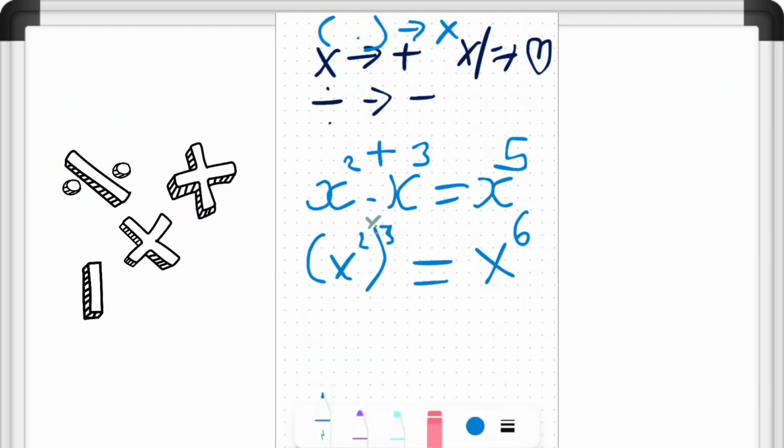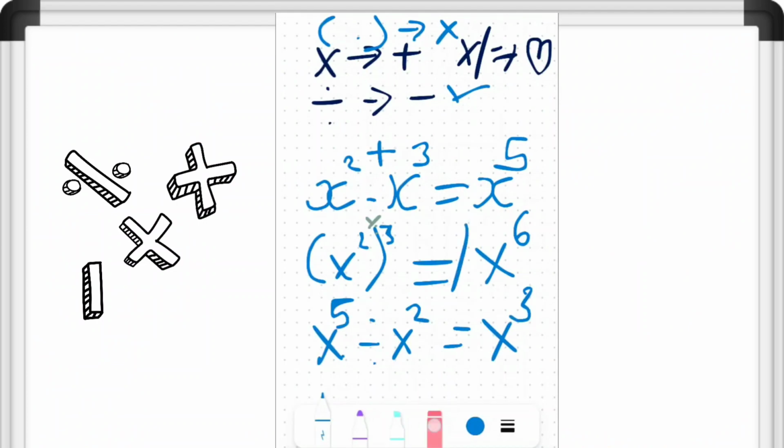So let's jump back in. Question C. I have x to the power of 5 divided by x to the power of 2. So if I divide them, I have to minus them. So that's 5 minus 2. So my final answer is x to the power of 3. Then for the next question,